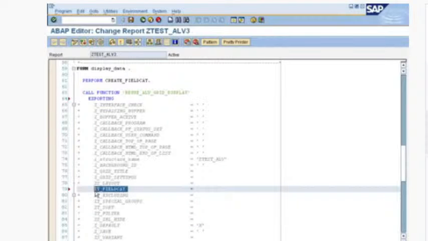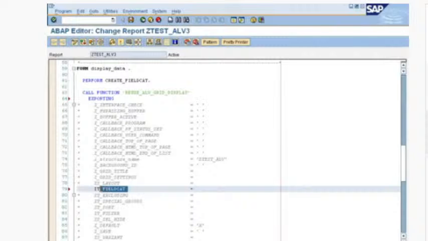In the internal table, you need to fill what is the first column, the length of the column, the width of the column, the size of the column, the description of the column, everything, and then you need to pass the internal table to the reuse ALV grid display. So now let us go inside this reuse ALV grid display